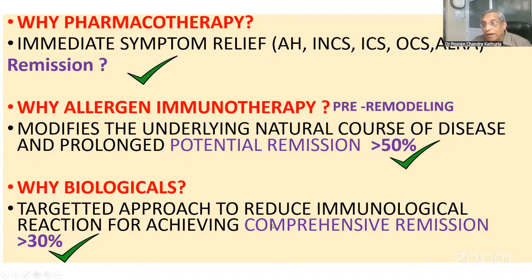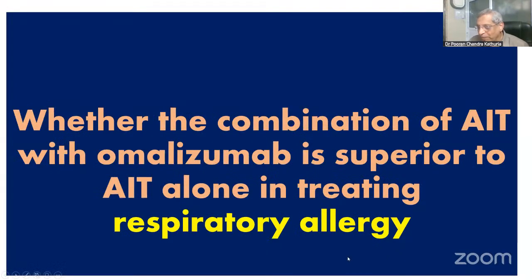Biologicals, as per se, are now indicated in severe asthma of step 5 of the GINA guidelines. A 50% reduction in exacerbations has been found by various studies, but the clinical remission is only 30%. That means in step 5 of the GINA guidelines, clinical remission is only 30%. But if we add a biological in the pre-morbid stage, like in intermittent asthma, then the clinical remission will go up to 70%. Where is the evidence? Now let us see.